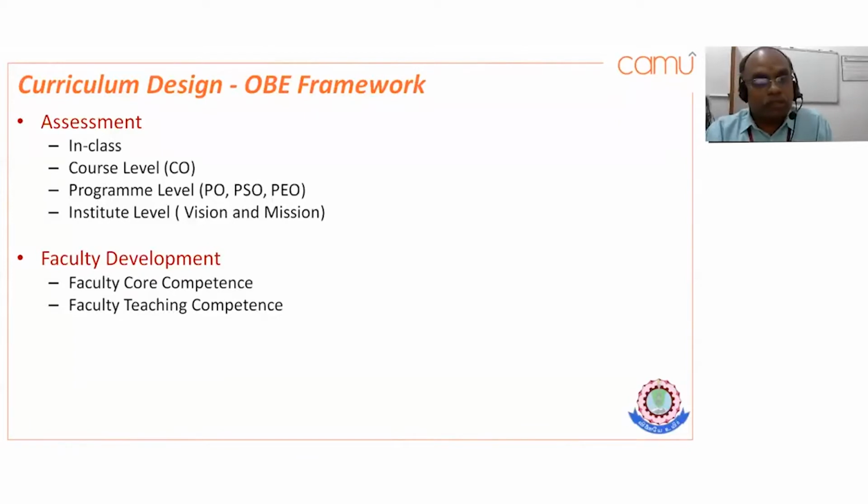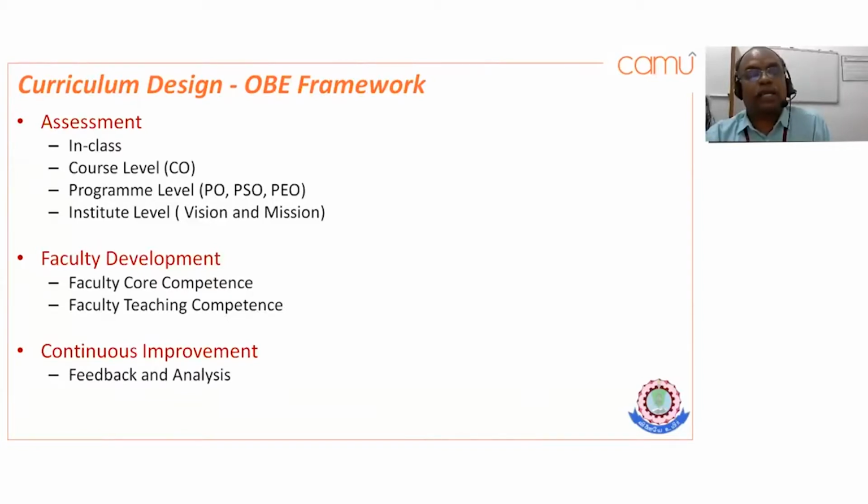So the next level is going to be continual improvement. This is the loop that has to be completed now. We start from the design part. We can deliver that content to the students. Then we assess whether they have received it properly or not through the use of the course outcome and program specific outcome. Then I look at whether there is anything to be modified. That means I get feedback from all my stakeholders, which should be analyzed for continual improvement.